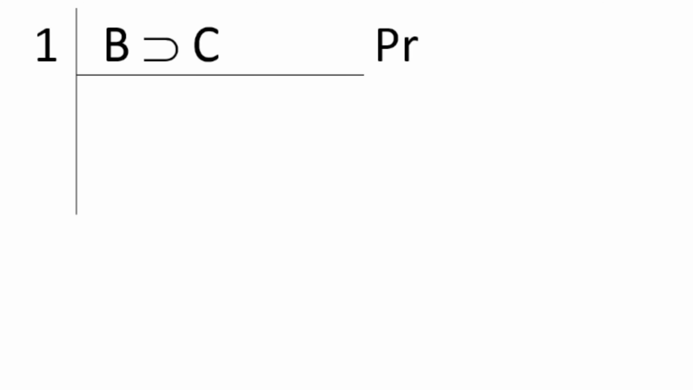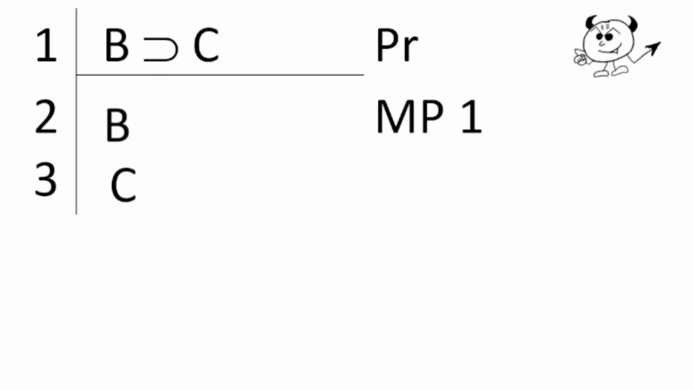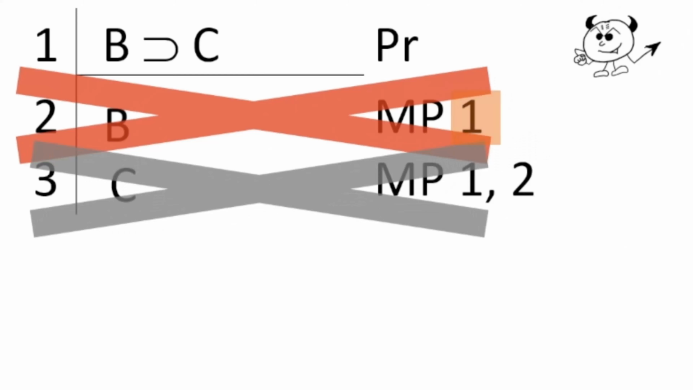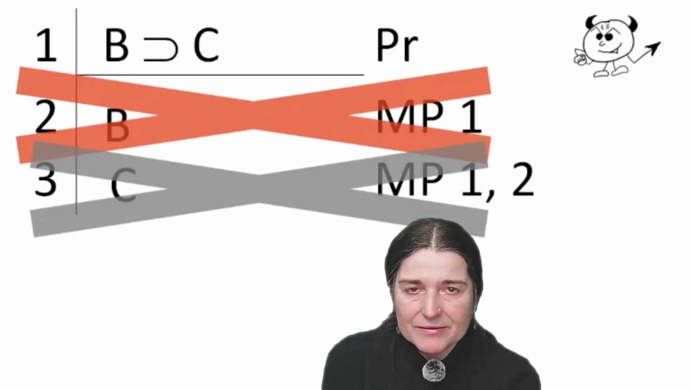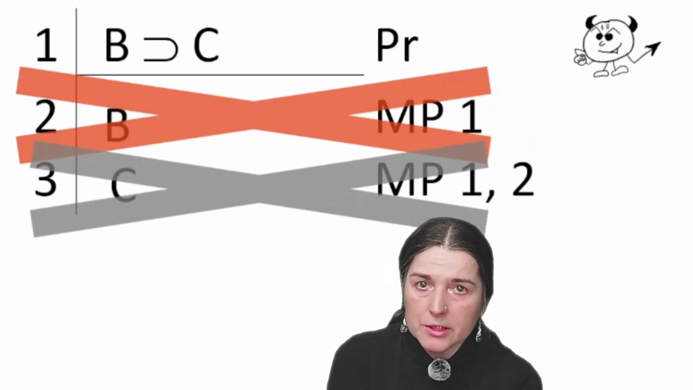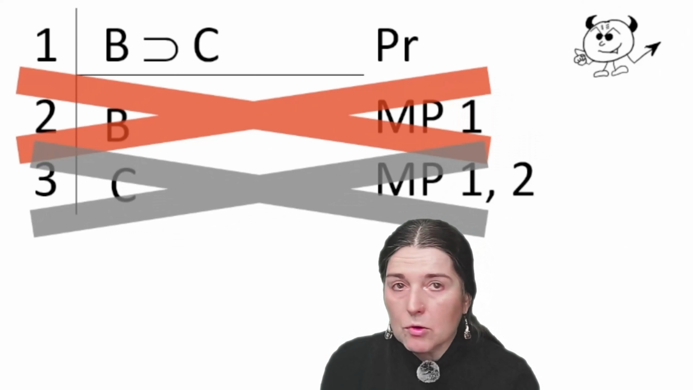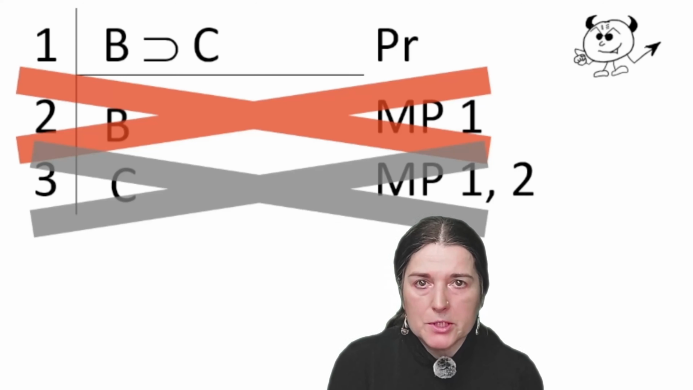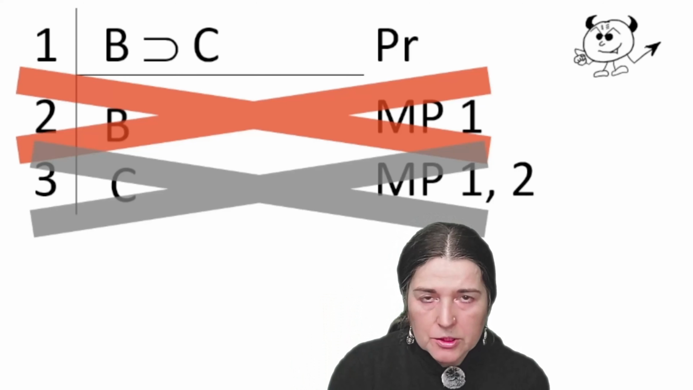Some students, when given just a conditional, if B then C here, are tempted to do the following moves. What you get might look like you have an application of Modus Ponens, but look at this step number 2 here. Step number 2 cannot be justified by Modus Ponens. You cannot derive the antecedent of a conditional by Modus Ponens. The rule requires you to have two propositions. The conditional